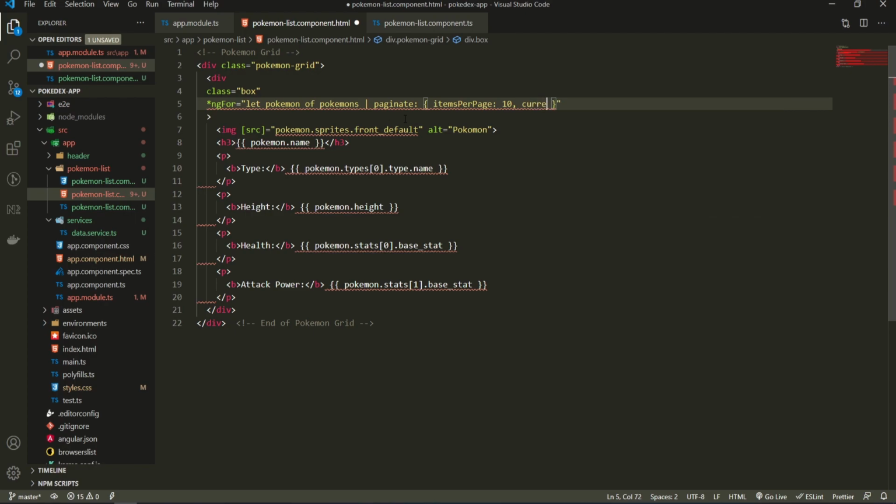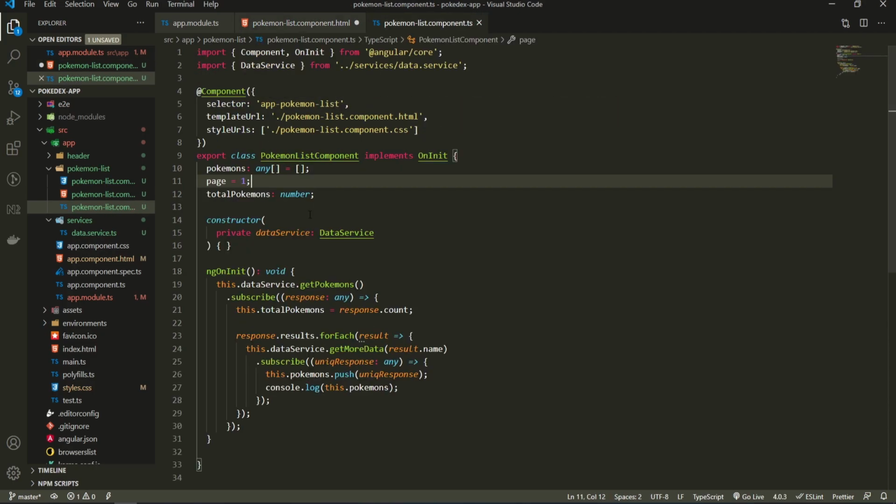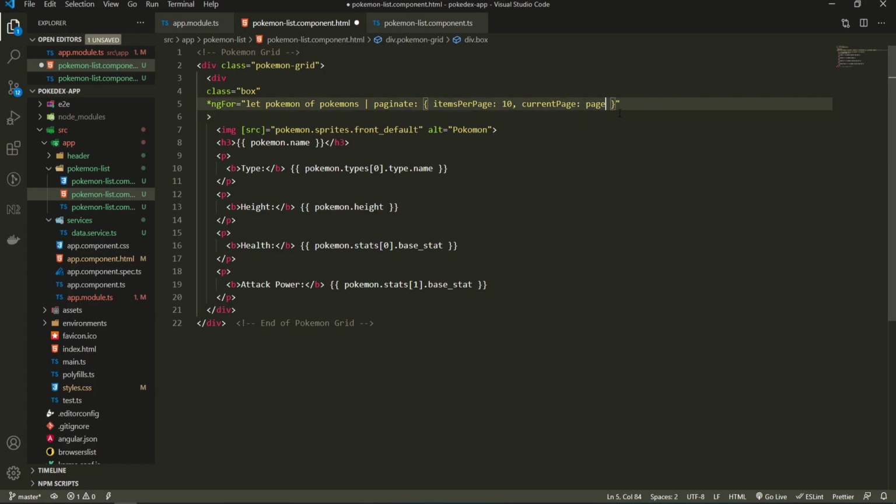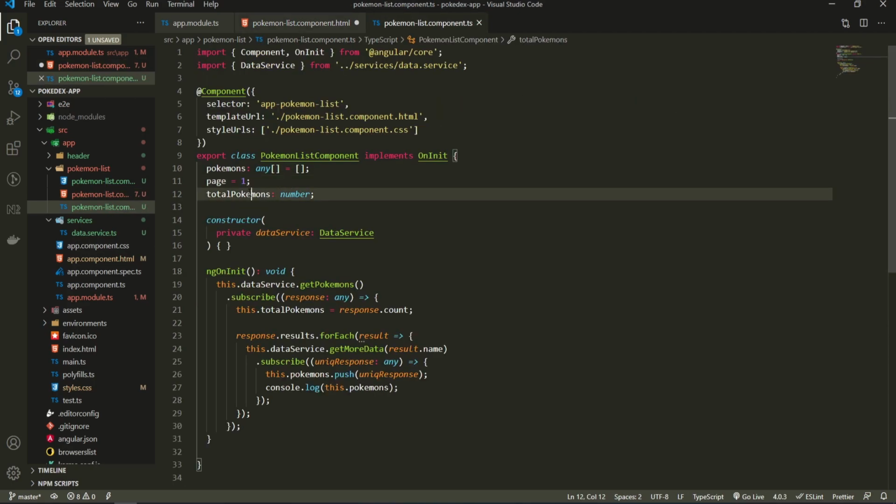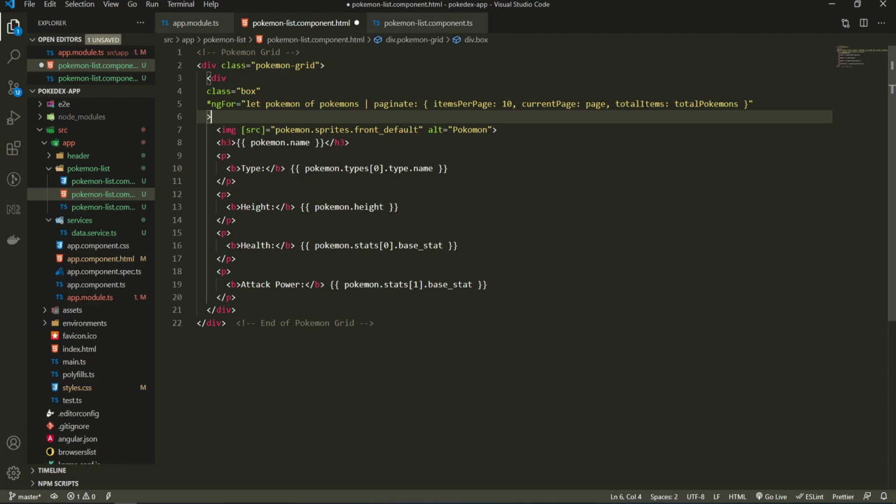Then we should pass currentPage, which will be the current page of the pagination, and we will set that to be the value of page which we just created, which is initially 1, so the first page. And we could also pass totalItems. Total items are the values of total Pokemons, I think so. So yeah, total Pokemons that we have. And that is it. Now we have the pagination implemented with our for loop here,